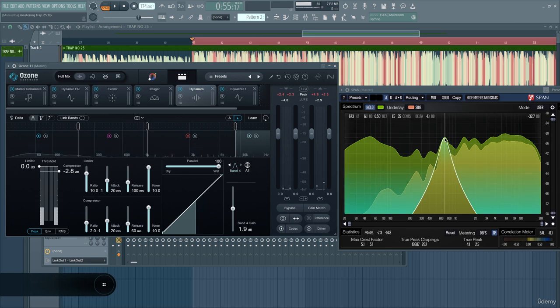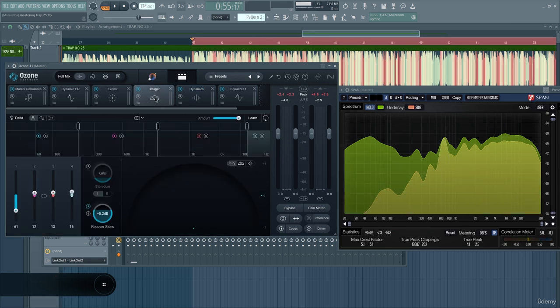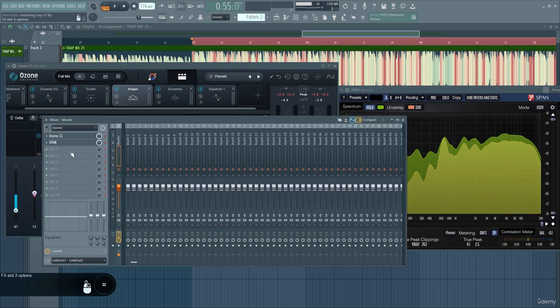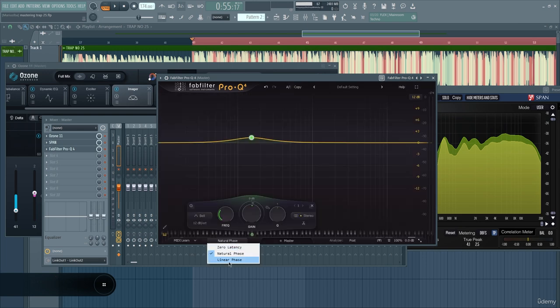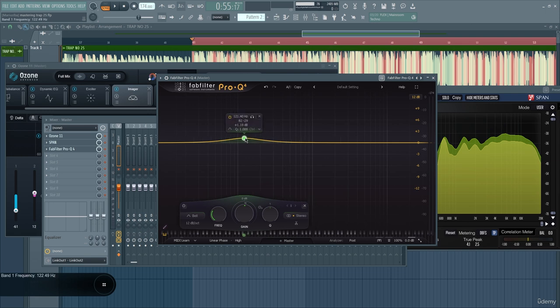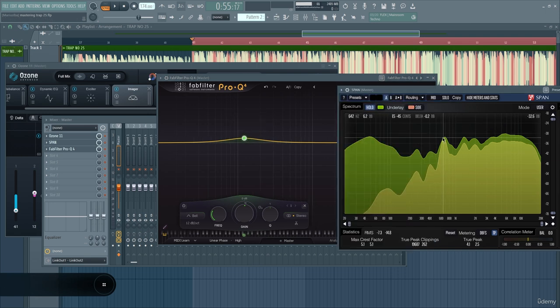Here we have some phase issues, so we gotta load another instance of Pro-Q 4, okay, and we have to go from natural phase. We gotta work with the linear phase, medium. We go on to high. Doesn't matter if we have the CPU crackling, we are mastering, so we need that quality. So 642,